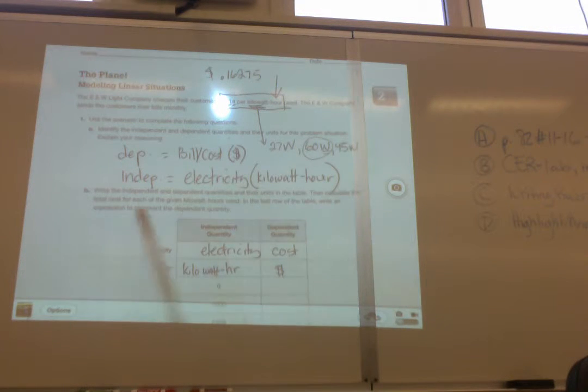All right? Write the expression and write the independent and dependent quantities and their units in the table. Then calculate total cost for each of the given kilowatt hours used. In the last row of the table, write an expression. So, if you don't use any electricity, what's it going to cost you? Zero. Oh, phew, that was an easy one. Now, if we've used 1,000 kilowatt hours, how did you get that, Brody? You just times it